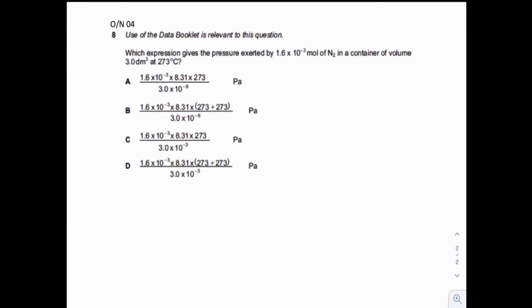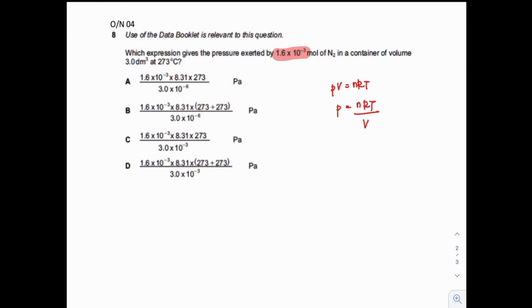Next, we're going to look at October-November 04, question 8. Use of the data booklet is relevant to these questions. Which expression gives the pressure exerted by 1.6 times 10 to the power of -3 moles of N2 in a container of volume 3 dm cubed at 273 degrees C? So knowing that PV is equals to nRT, in order to obtain pressure, it will be equals to nRT over V. So the number of mole is given,